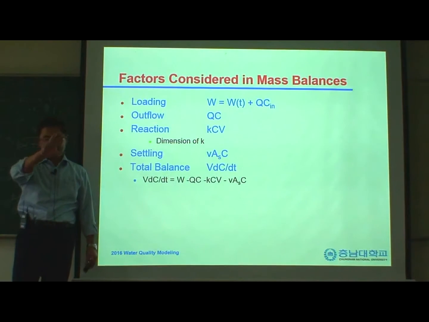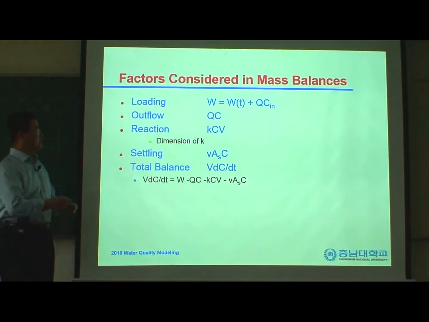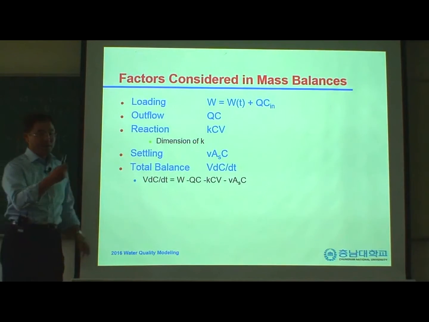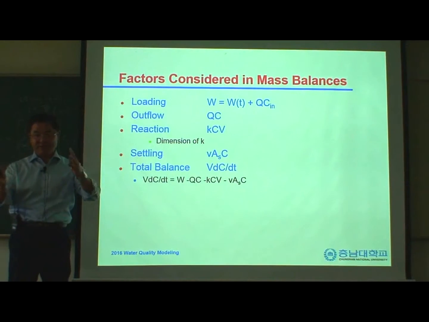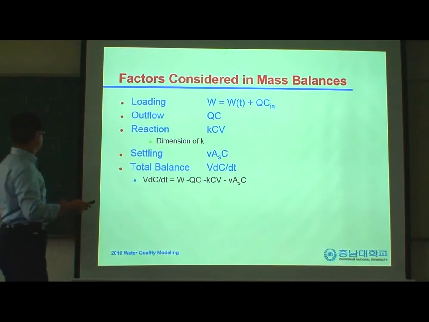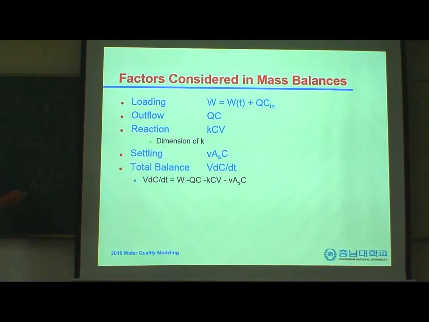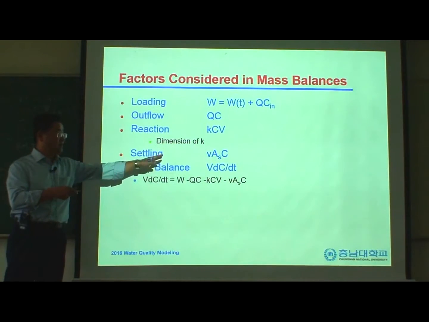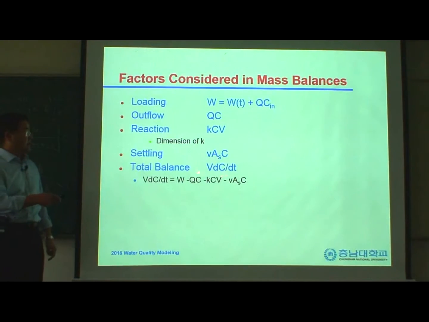Anyway, I want to change my situation into a form of equation so that I can calculate easily. Okay, I know that my loading can be W, or sometimes if I can divide them into flow rate and concentration, that can be Q times C. Outflow can be Q times C. Reaction, I have K and C, right? But if I multiply by volume, then I have mass per time. And just focus on minus. And my settling can be V times A times C. I will talk about that later. Anyway, this is mass per time. And my total balance, actually this was